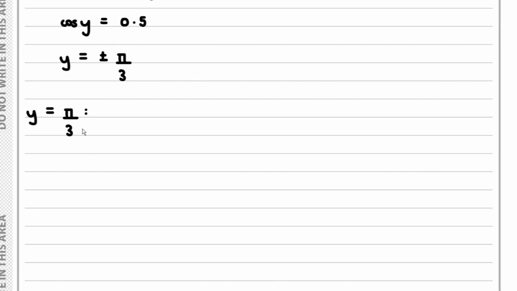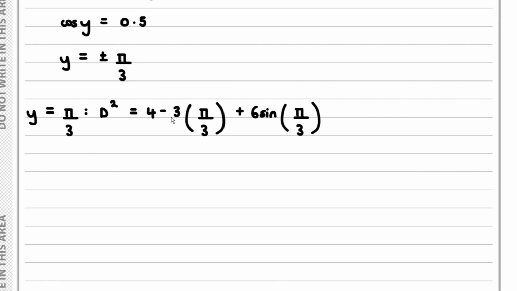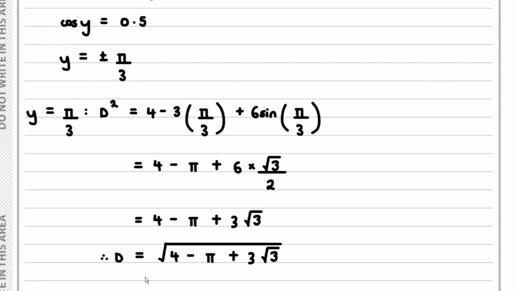So when y equals pi over 3, we have d squared, which is equal to 4 subtract 3 times by pi over 3 plus 6 times by the sine of pi over 3. So we have 4 subtract pi plus 6 times by root 3 over 2, which is equal to 4 subtract pi plus 3 root 3. And if we square root, you will find d to equal the square root of 4 subtract pi plus 3